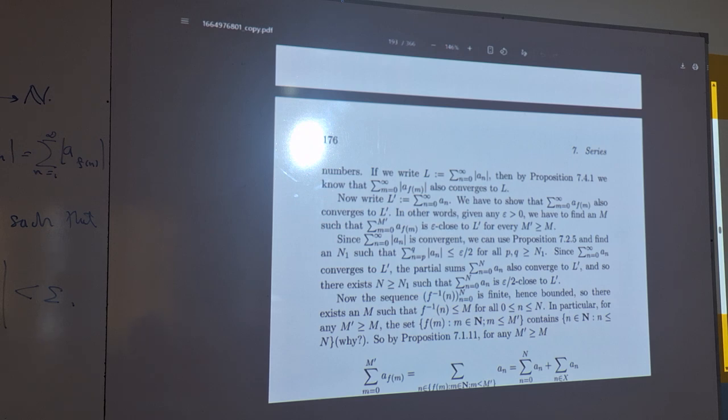Maybe without. I take any n such that n less than or equal to N. Then to say that it is in that set, I have to show that f of m is less than or